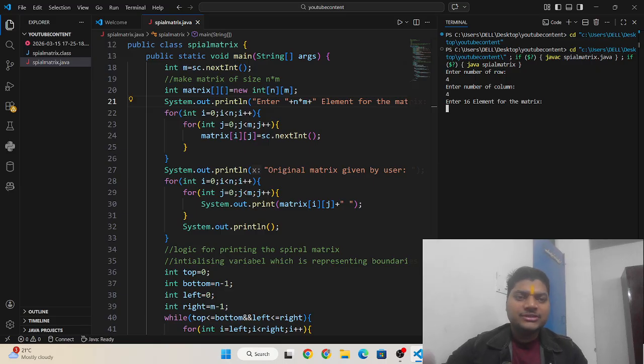I am entering 16 elements. I had removed the error where the number and element were coming together, so I gave a space so that it will come out clearly. Here I need to write 16 elements, so I am entering 1 2 3 4 5.